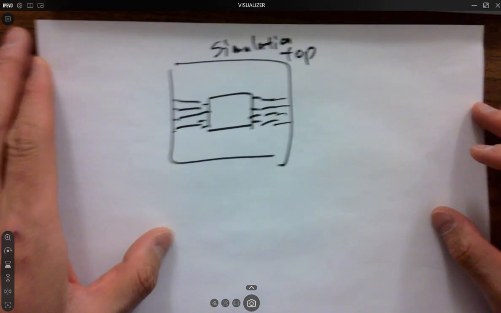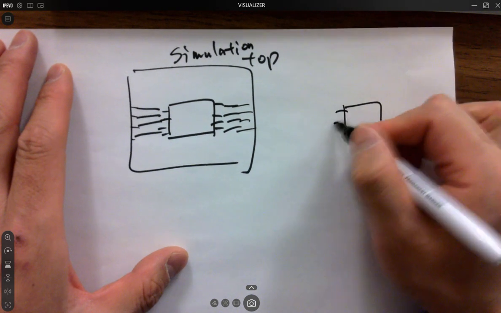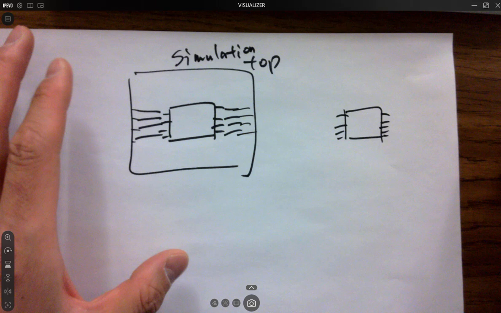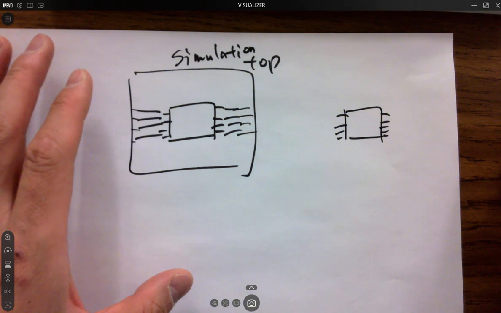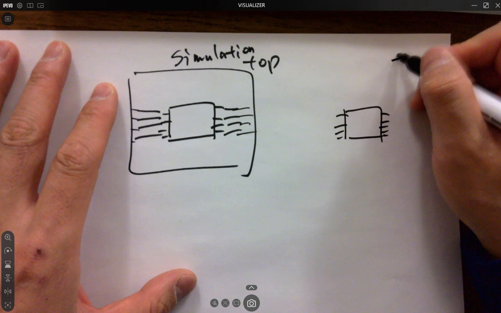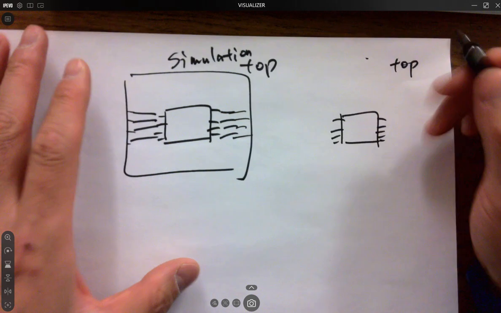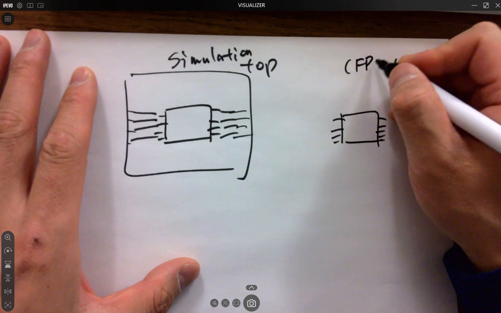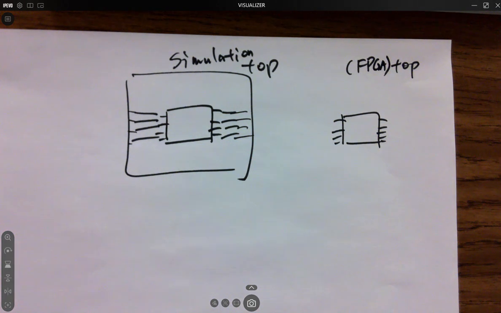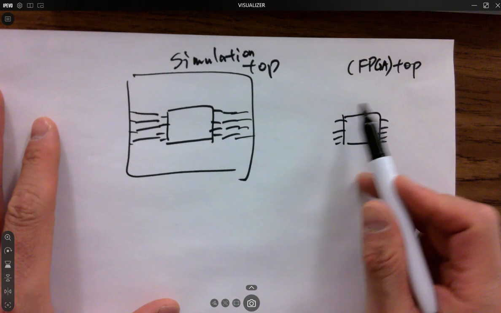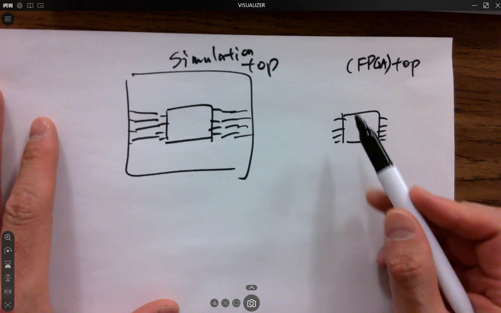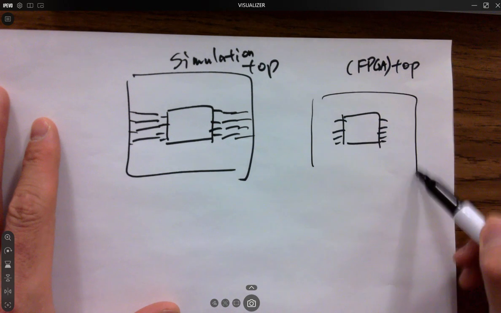So for FPGA, it's going to be different. You got a chip, it's the same module design, doesn't matter. It could be the same Verilog code, for example, the AND gate or the home alarm system. But for the top module for the hardware design, the FPGA becomes the top. So actually the board in your hand is the top. Whatever you are going to do is make the connections between your sub module and the available resources on the board,